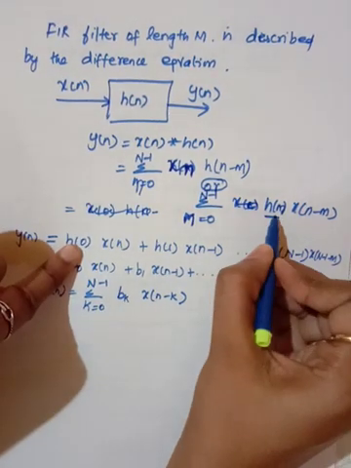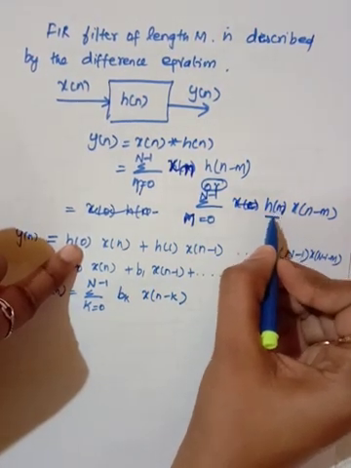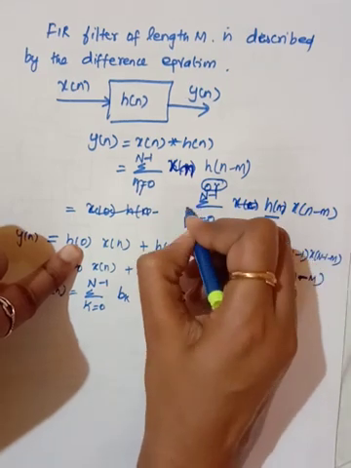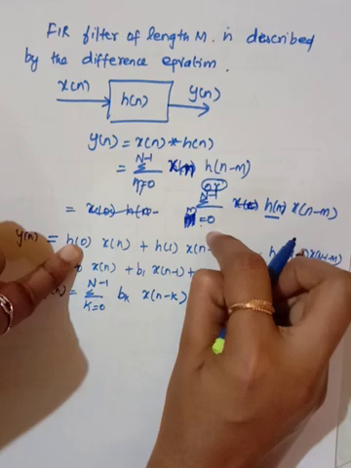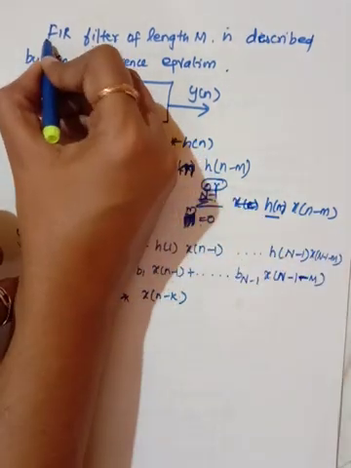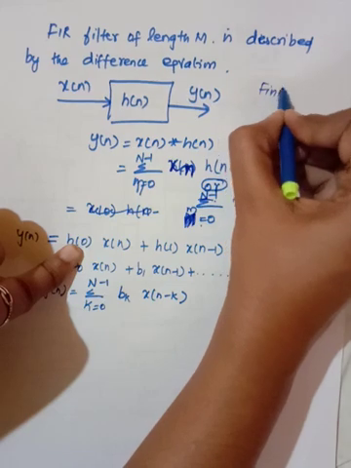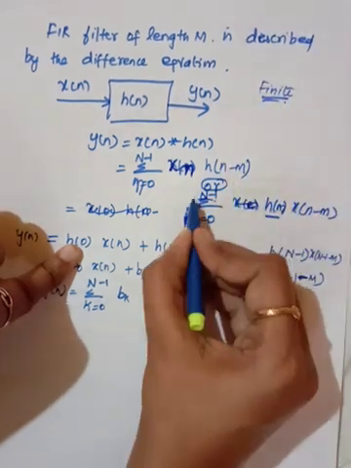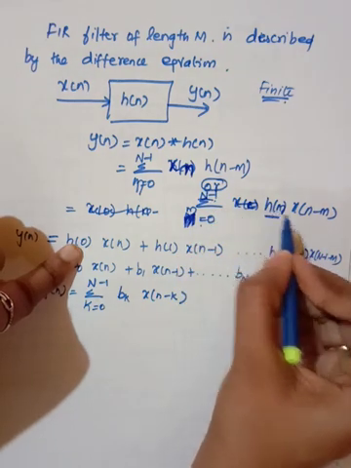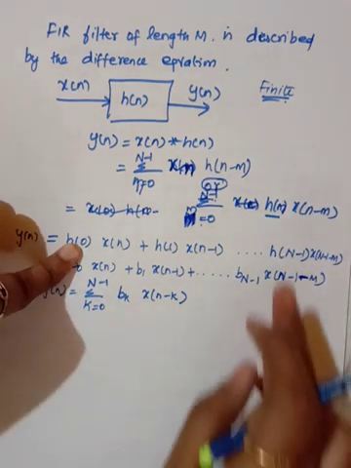Okay, here I have made one mistake, I put m here, and here it is m. So I will erase it and write m. So m is equal to 0 to n minus 1. Why I have chosen n minus 1 is because it is finite. The impulse response of the filter is finite, so I am choosing finite values 0 to n minus 1. So h of m, x of n minus m.